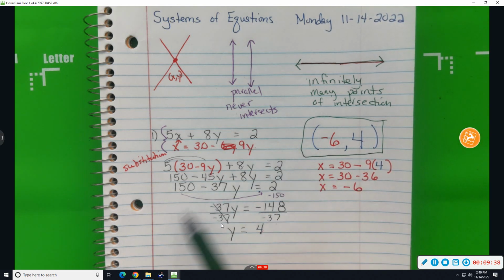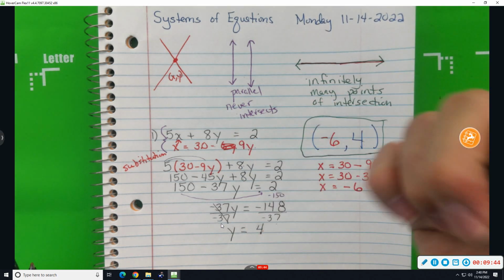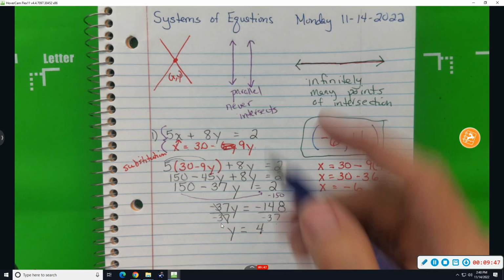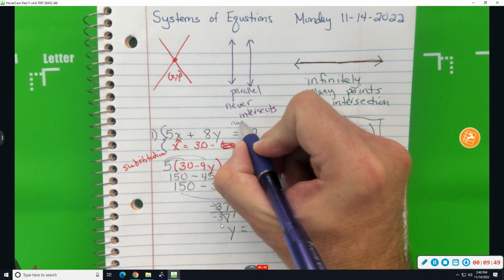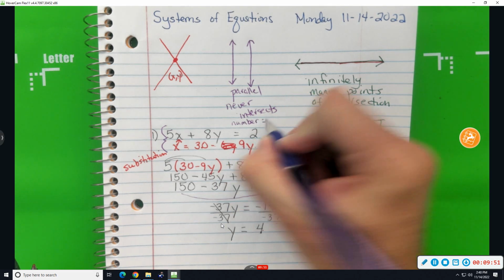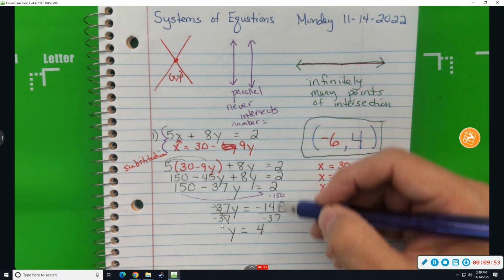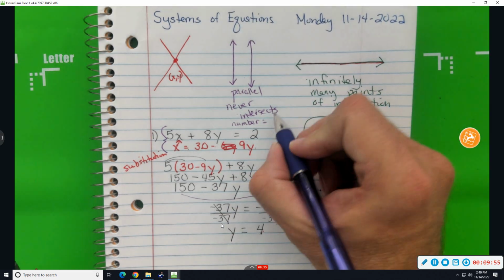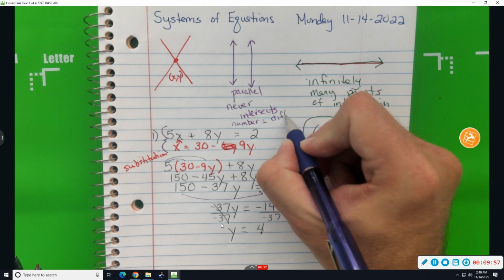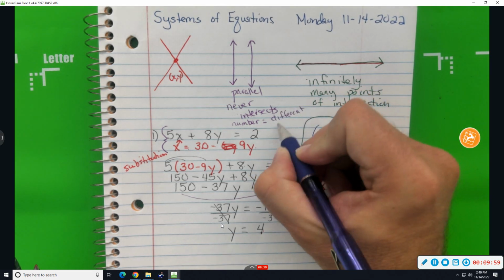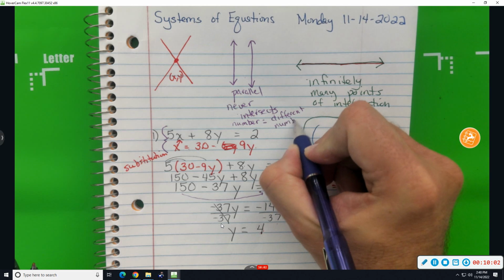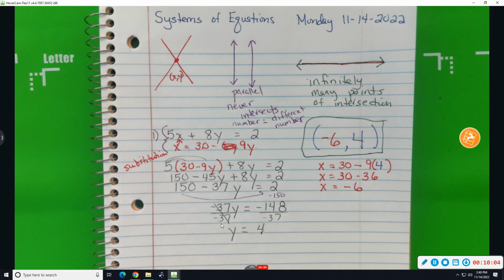Imagine if all the variables subtracted out, and everything on the left subtracts out and you're left just with a number, and on the right, all you have is a different number. So if you have number equals different number, then the answer would be no solution. And again, you don't see any of those in this assignment, but